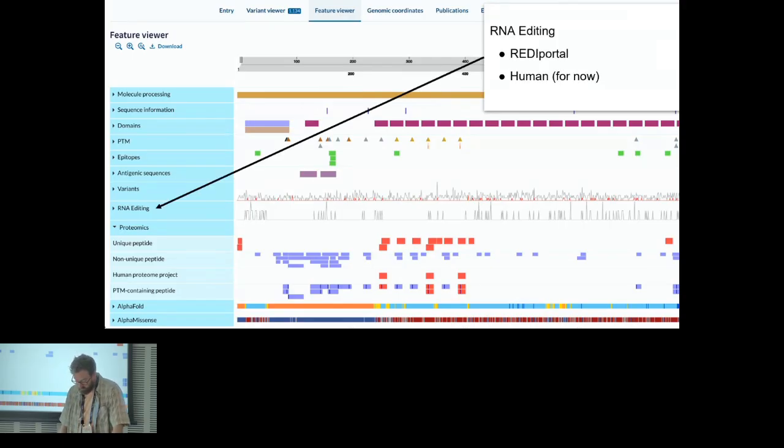And we have a new RNA editing track. This is coming from the REDIportal, and this is data derived from large-scale RNA-seq transcriptomic analyses. It's showing A-to-I RNA editing events. It's currently human only, but I think it's in the pipeline to change in the future to encompass more